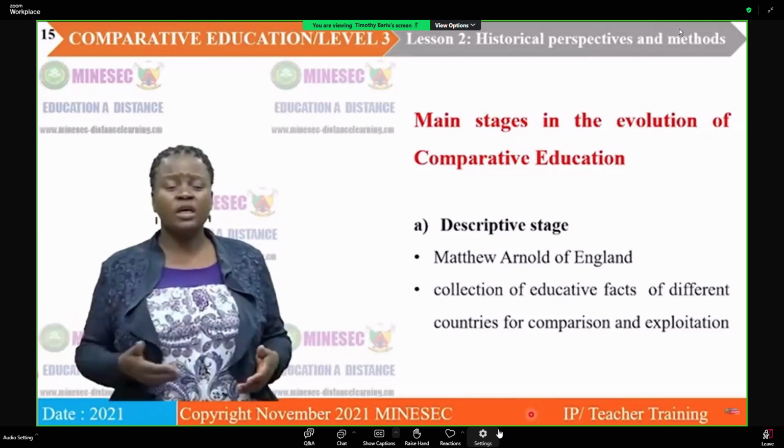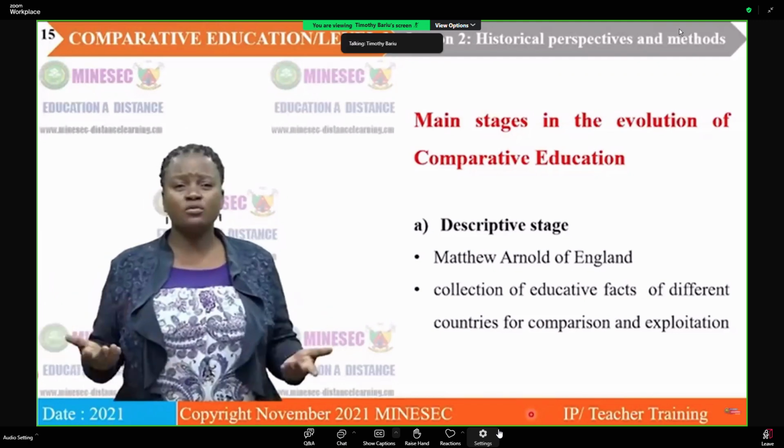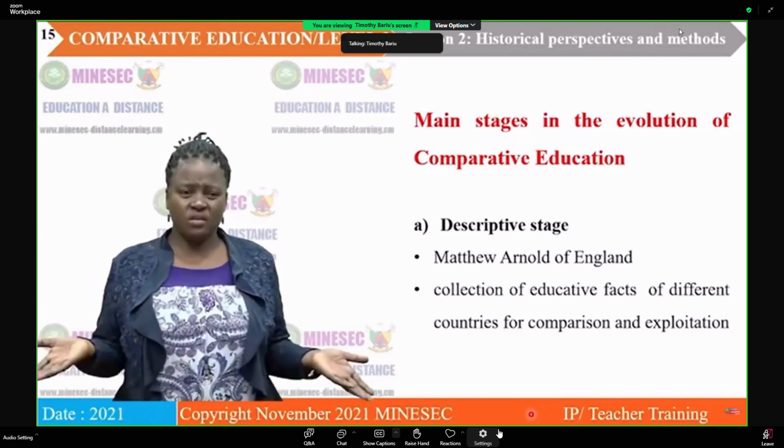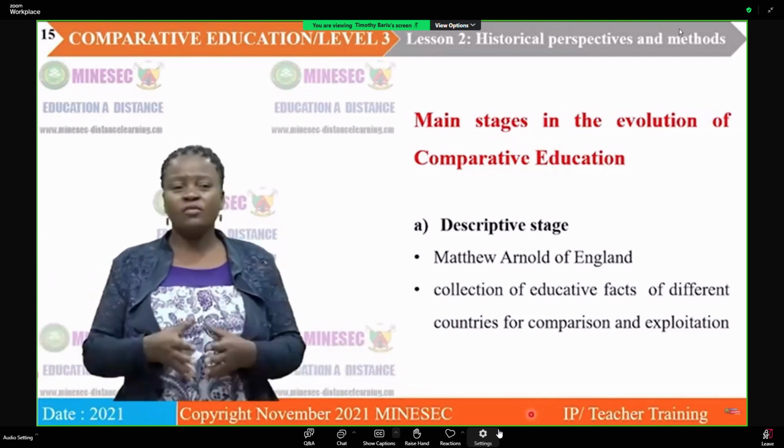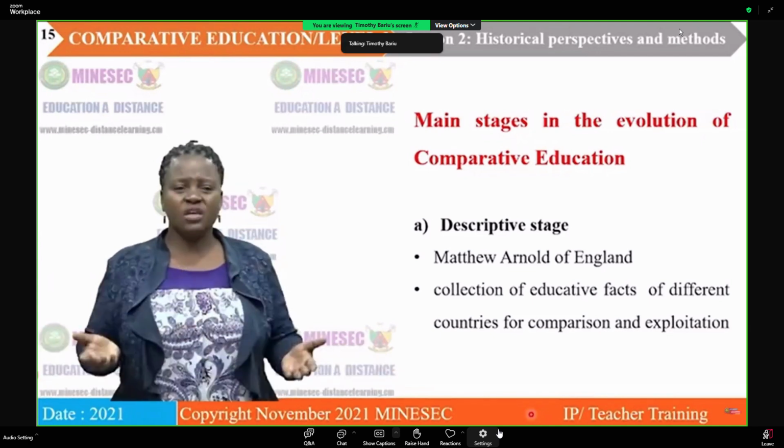It passed through stages. What are some of the main stages in its evolution? First of all, we have the descriptive stage. This descriptive stage was looked into by Matthew Arnold of England. To him, what was it all about? It's about the collection of educative